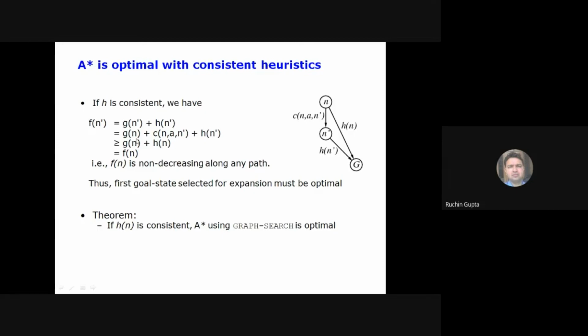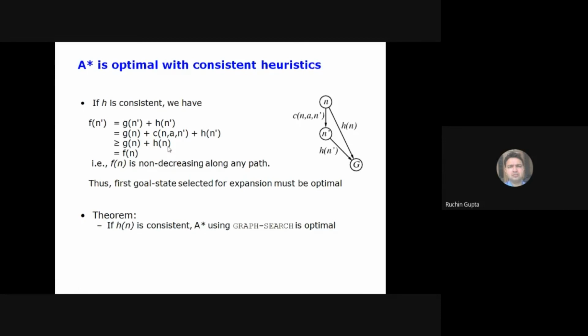So this will be gn plus c(n, a, n dash) plus hn dash. And we know that this value will be greater than gn plus hn,